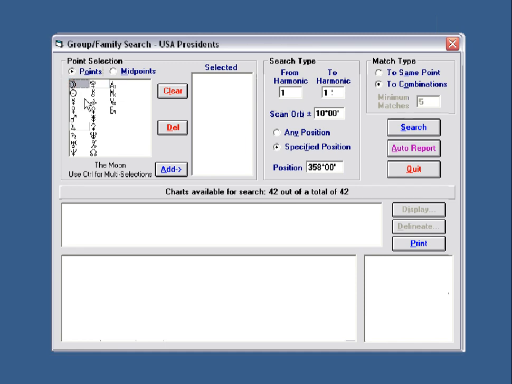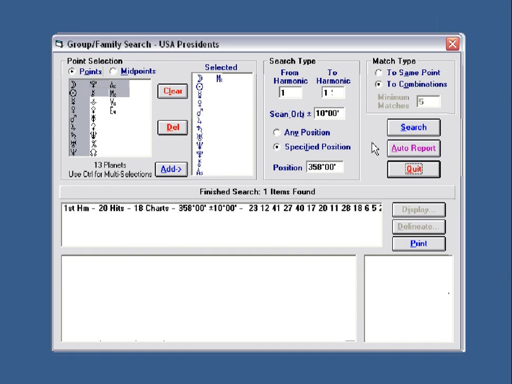Alright, so now we're going to look at all of this group and whether they have an aspect to this. What do you want to check? Well, we could say, does their moon form an aspect to this? Does their sun? Who is being affected by this? So let's just look at all of their points and add those in